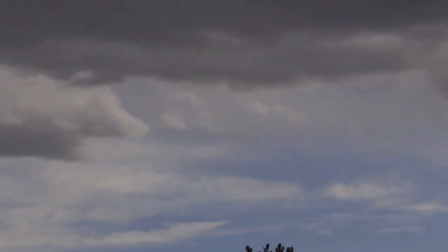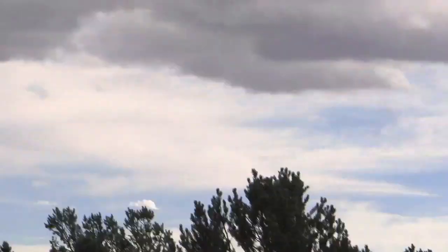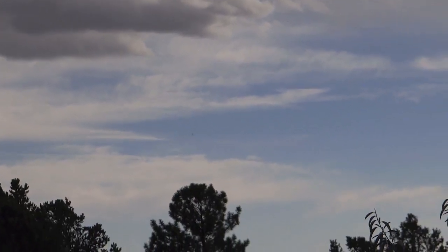But what I kind of wanted to show you, I need to get back. I really need a higher vantage point. Get past this tree. And it was these trails. Once again, just along the tops of the clouds. So these trails are prone